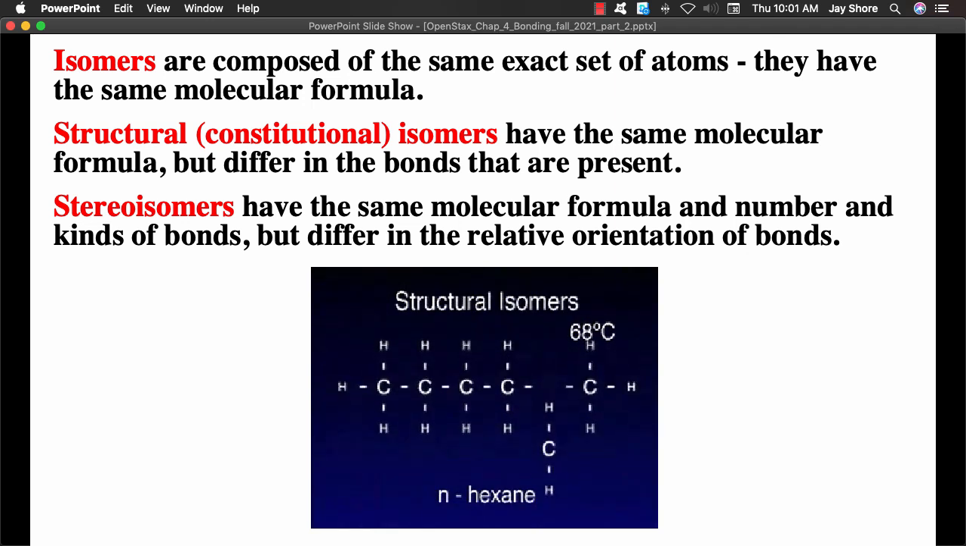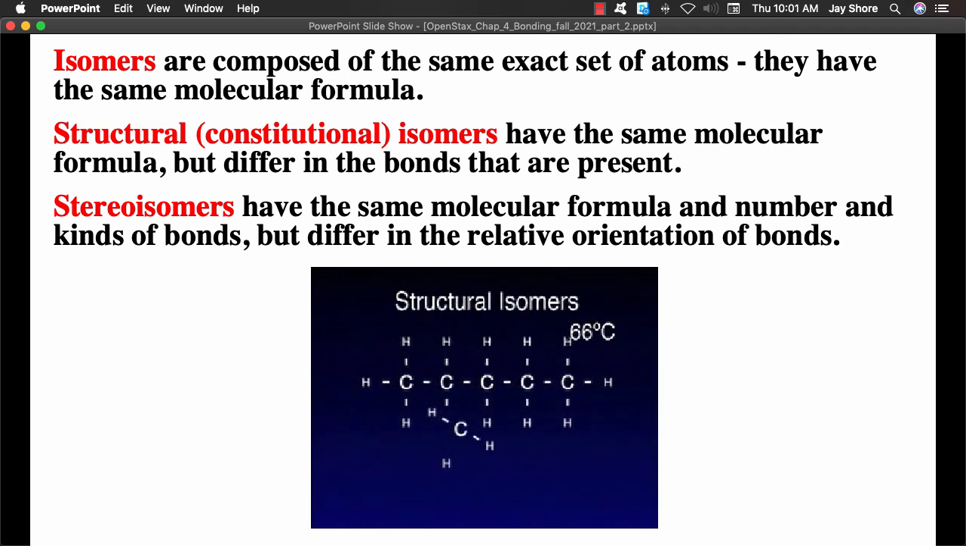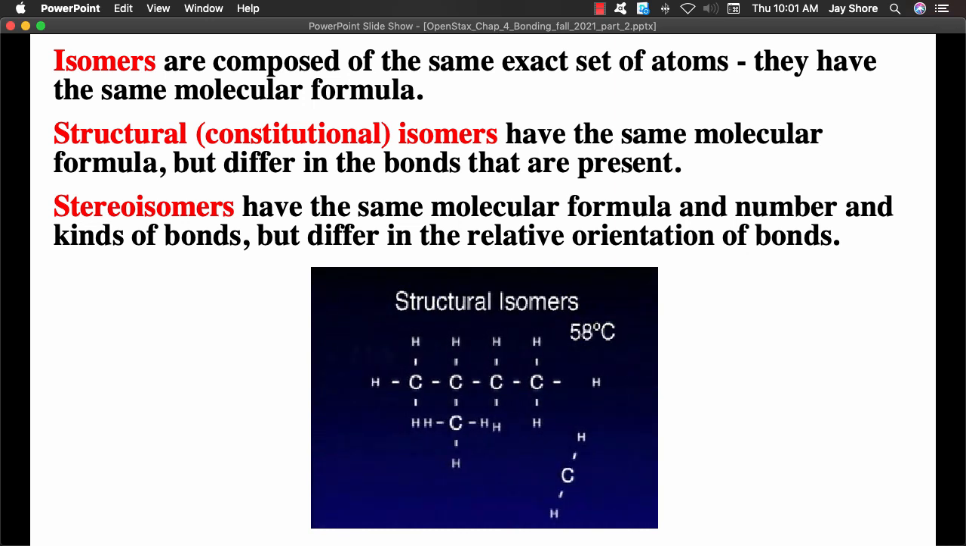Moving the end carbon to the second carbon position and rearranging hydrogens produces 2-methylpentane. Sliding the methyl group to the third carbon position produces 3-methylpentane. Moving the methyl group to the 4th carbon position appears to make 4-methylpentane. But wait, rotating the molecule shows that it's identical to 2-methylpentane. Now, adding the end carbon to the second carbon position produces